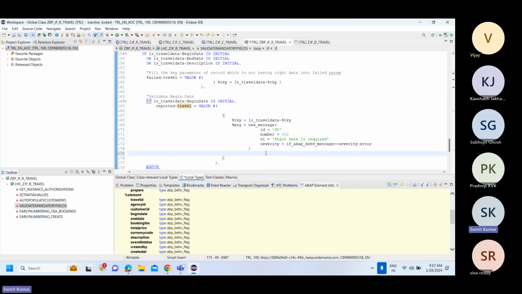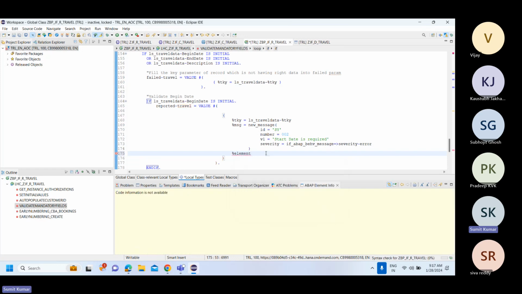So I'll just simply go over here and say that along with this message, where it should be bound to. So I'll just say this particular element over here has got some issue, and this element over here, I'll simply say begin date. Now you are supposed to mark that like in BAPI or somewhere, right? We used to specify the extension structure and we used to specify data and data X. X means you are marking the flag saying, okay, this is the one which I'm talking about, this is the one which I'm trying to read, I'm trying to update,